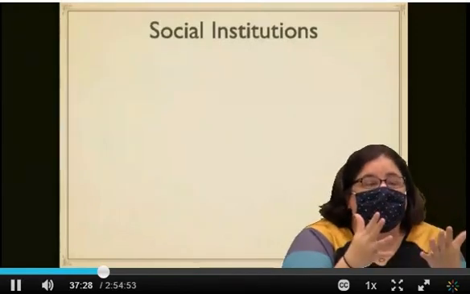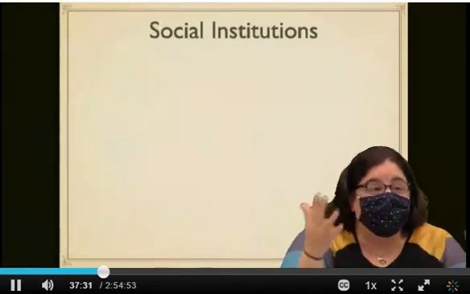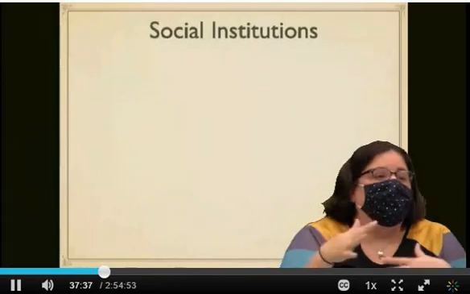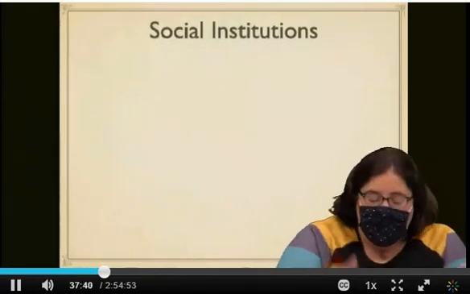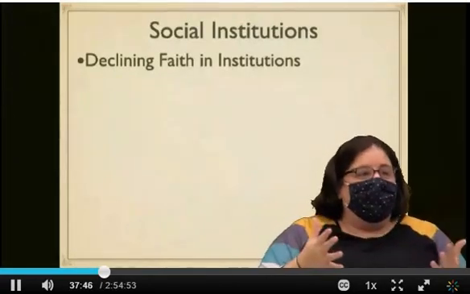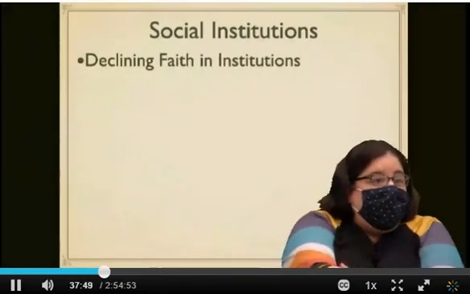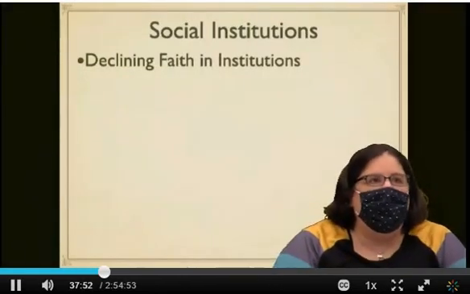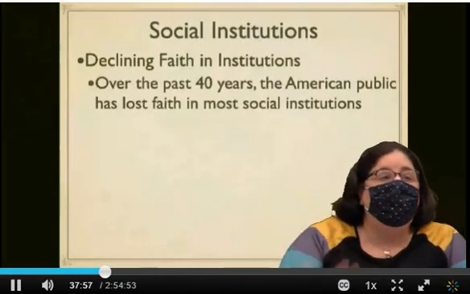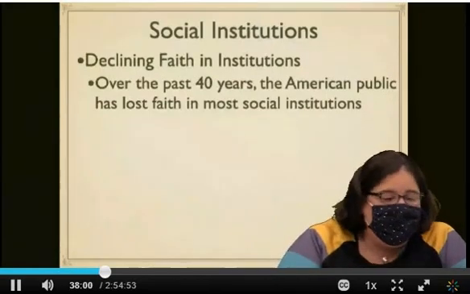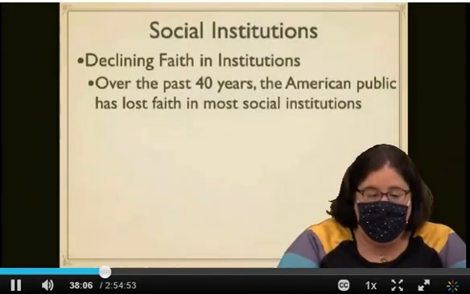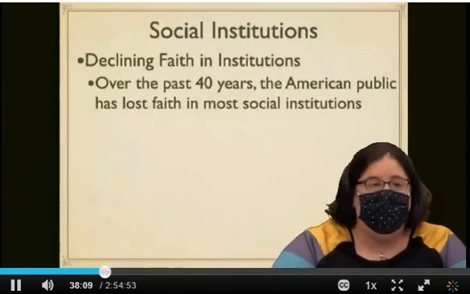So that's a perfect segue, because the idea is, people had lost interest in politics. They weren't keeping an eye on their government. They weren't keeping themselves informed. And as a result, they lost faith in their institutions, and that allowed someone to come in, undermine them, and take power. So what I want to point out is that that's also going on in the United States and has been for some time. Over the last 40 years in the U.S., since the 1970s, the American public has lost faith in most of their social institutions. And I have some evidence to back that up.